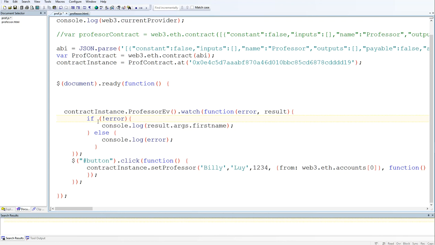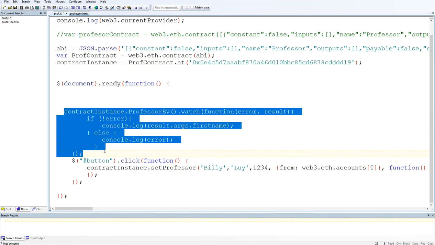Alright, to continue on, we have our document.ready function, which is jQuery. We're going to take the contract instance variable that we got, which points to the address of our contract, and say .professor.event.watch. So what this function does is it actually is going to watch my contract event. So if we look at